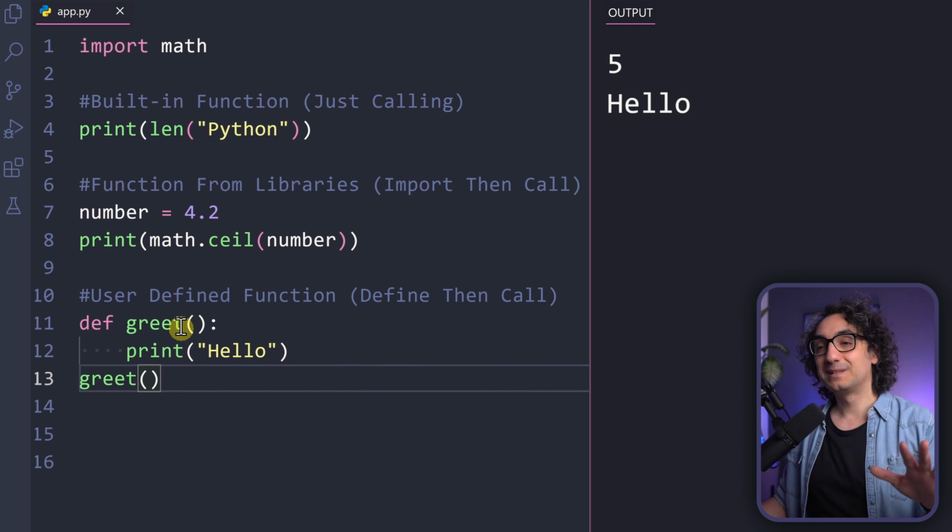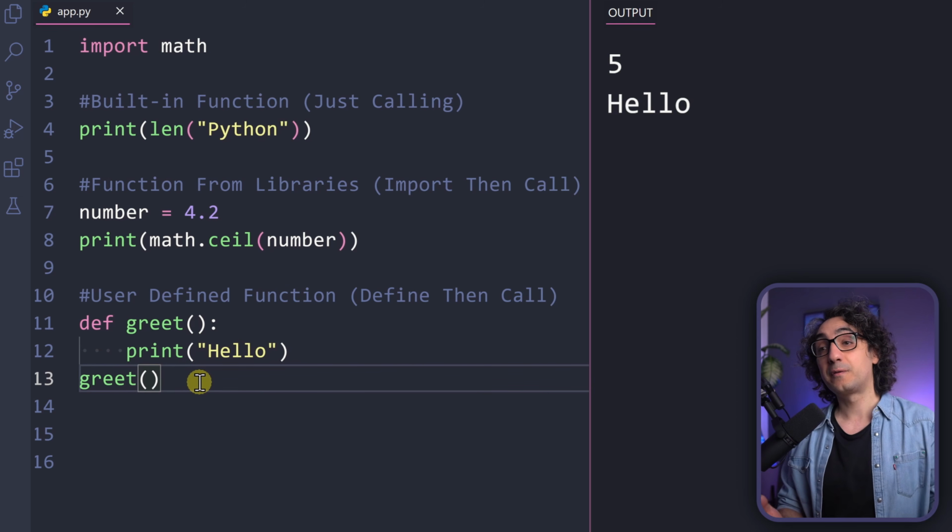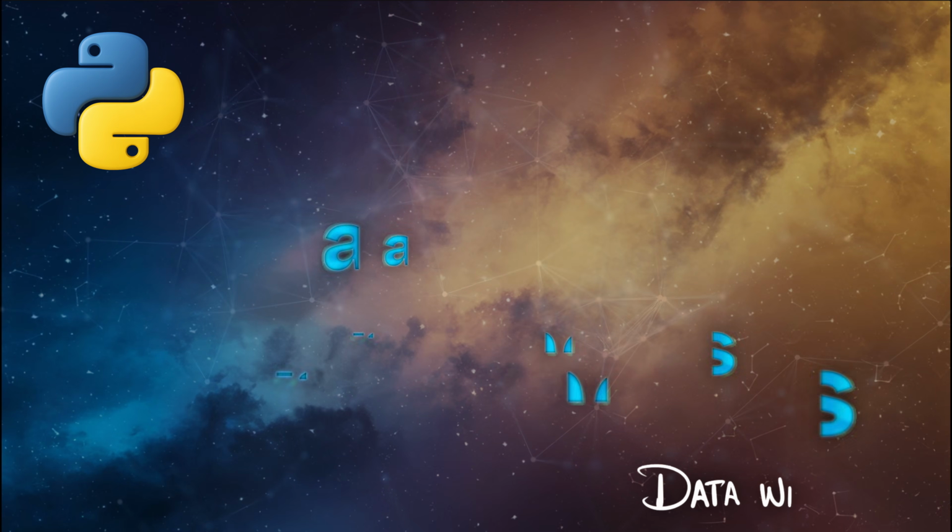So now, my friends, it really depends on the editor and the theme that you are using. But for me, once I see a green, that means it is a function. And those are quickly the 3 Python sources for functions.